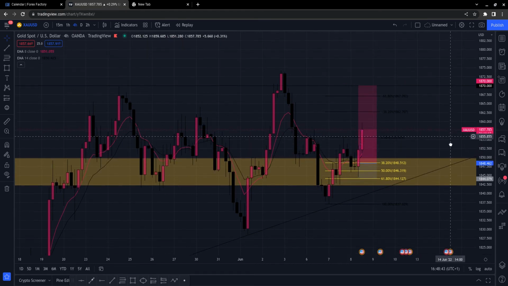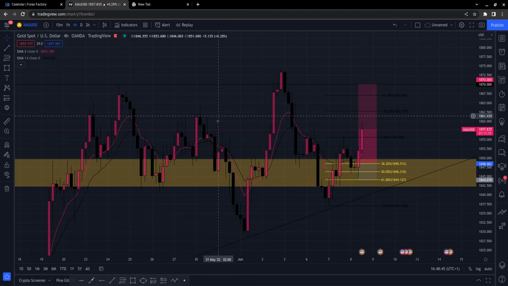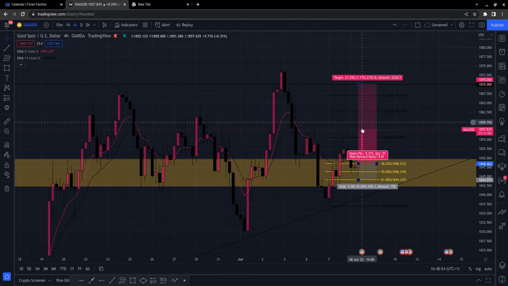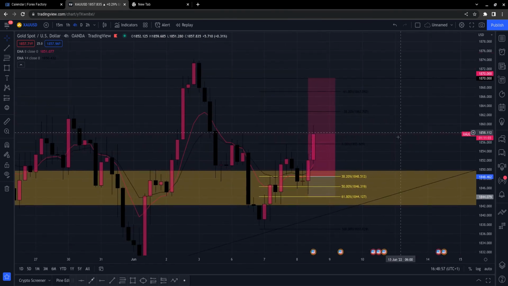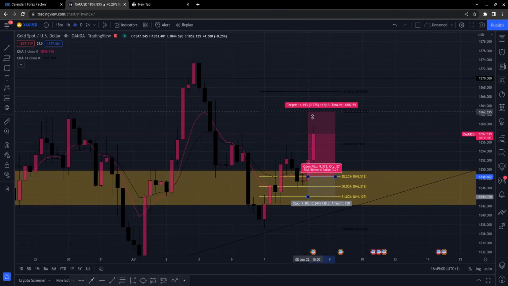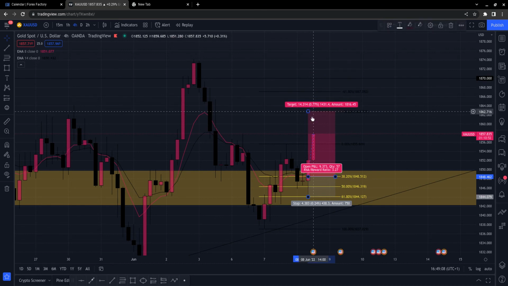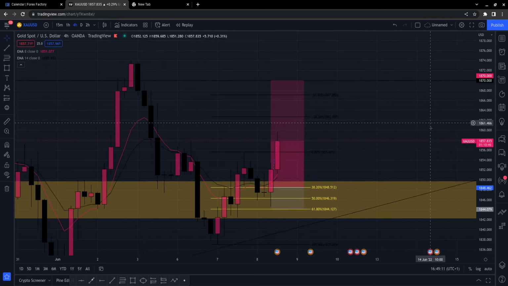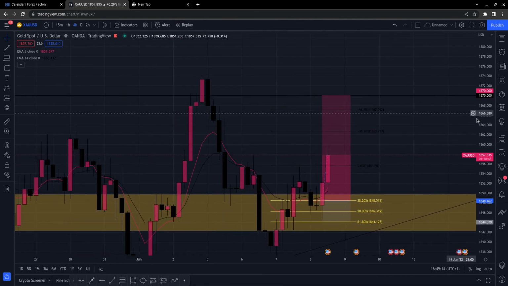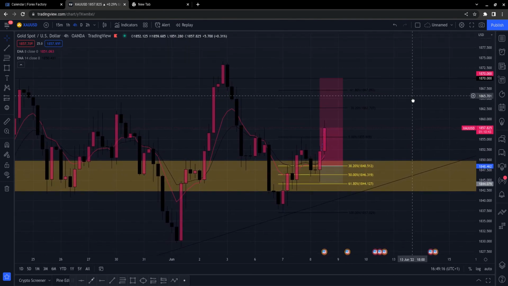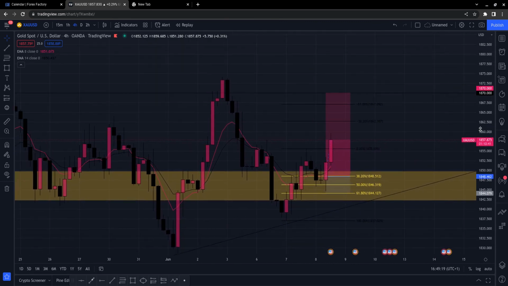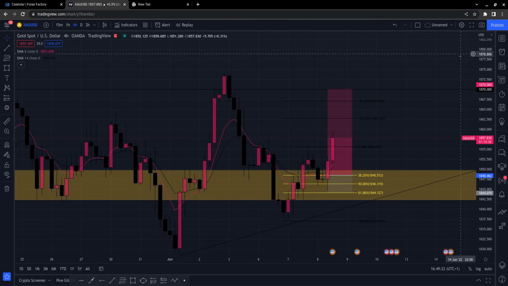You can see signs of it pushing further and further, and the next potential resistance is about here, where it's rejected before. So we could potentially see us taking profit here early, or if it decides to push up, we can see it all the way up here. But it would be quite nice if it moved all the way up to 1870. But here it's still 3 to 1, which is a good risk to reward that I'd happily take. That way I would have netted 2% instead. But yeah, this is the trade.